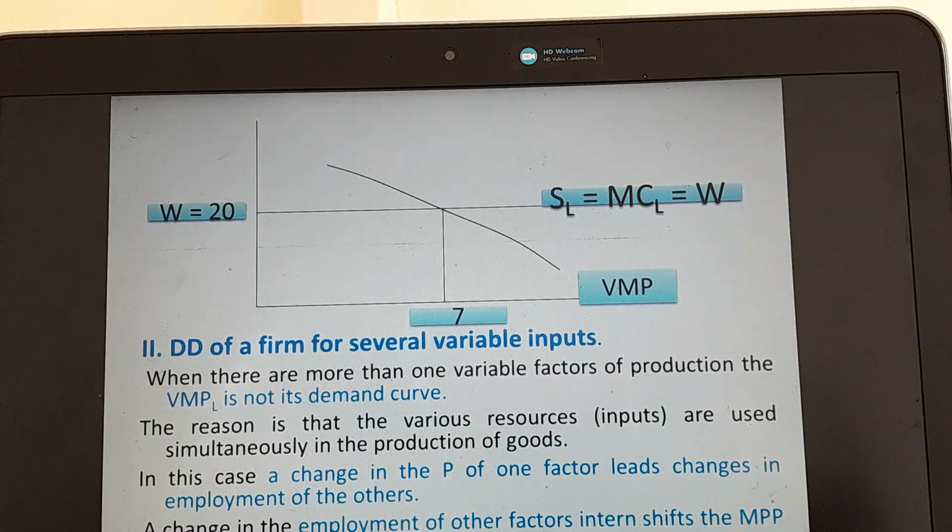The profit maximizing level for the firm, its criterion, is that marginal cost or wage is equal to the value of marginal